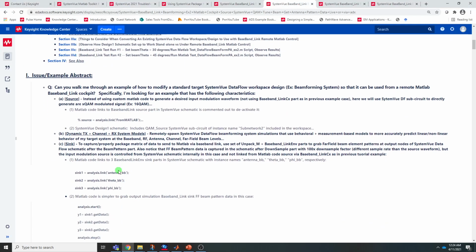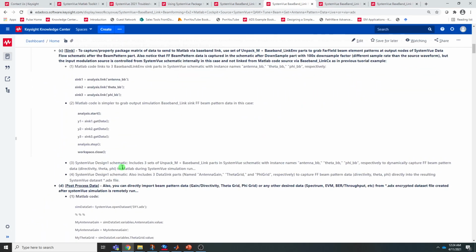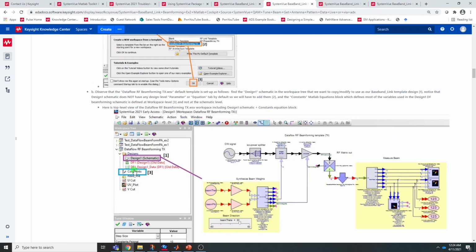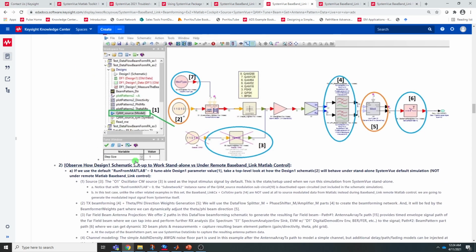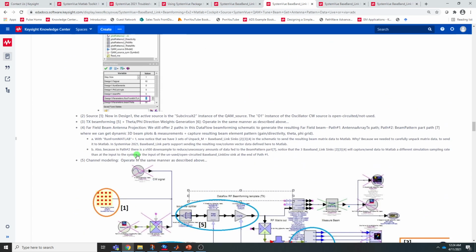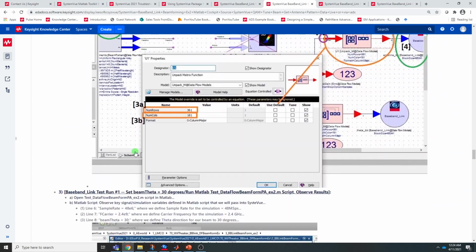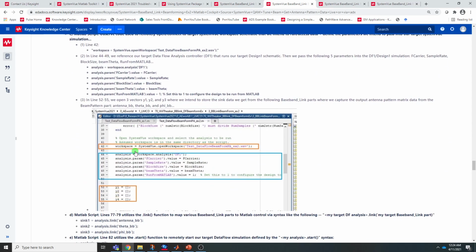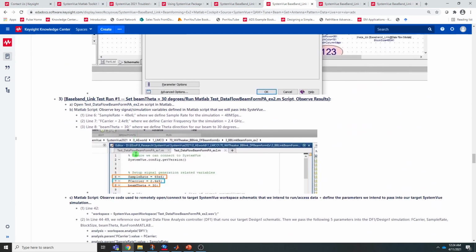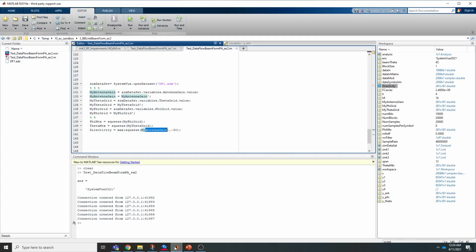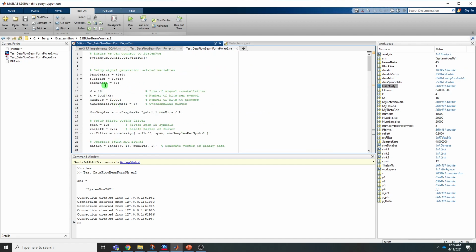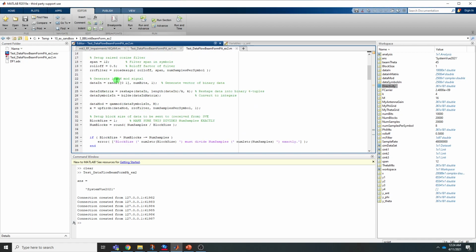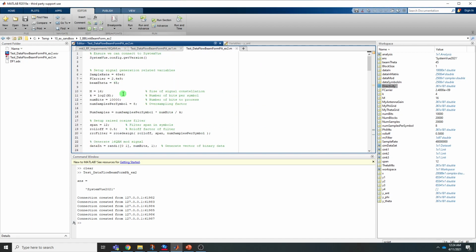But let's look at the code real quick and see how that's done. If you watch the other videos, it'll go through a lot of the detail here on how this was built. But let's just go right to the Matlab code. And so here we go. If we set beam theta to 30, let's set it to 30, not 45 as I heard. If I have set that to 30,